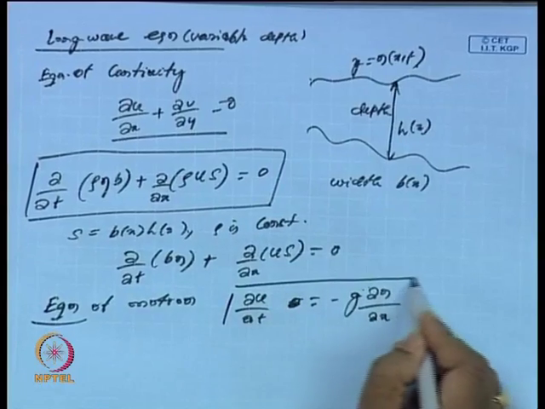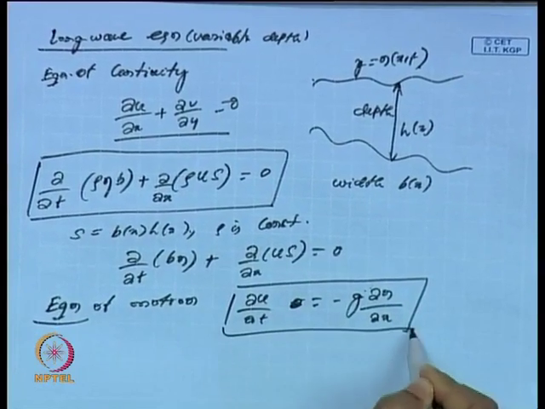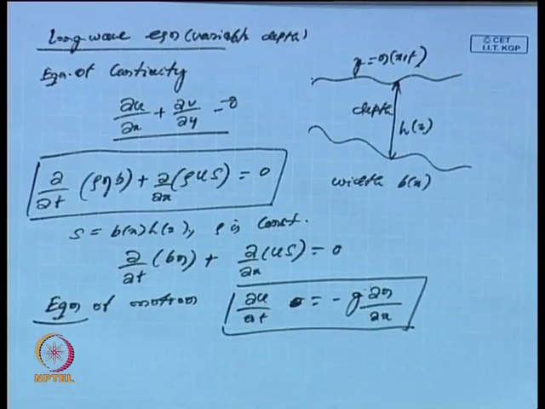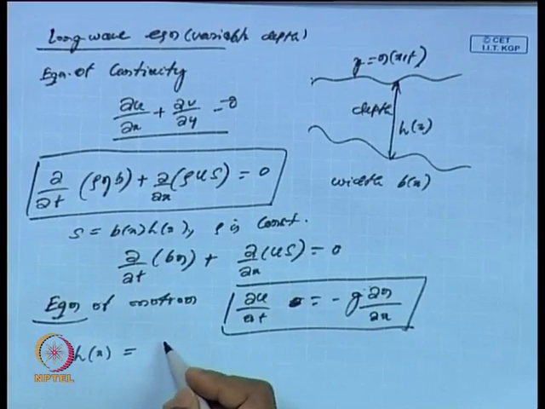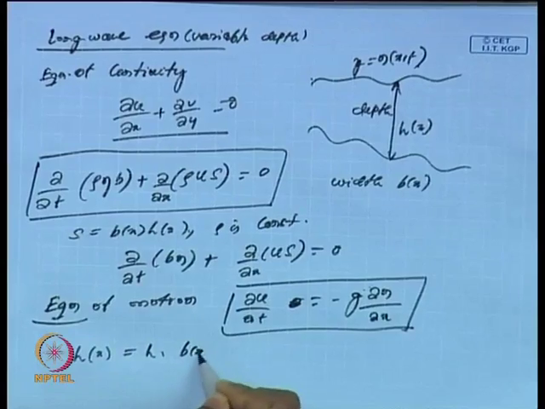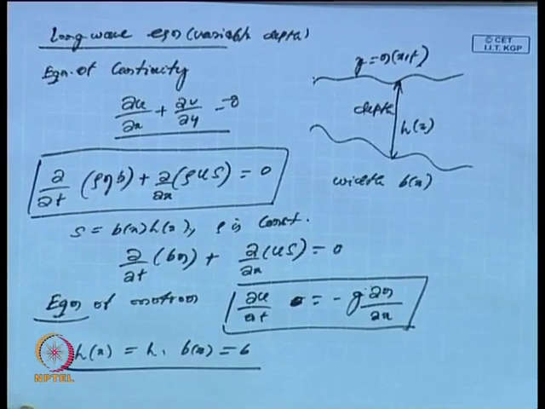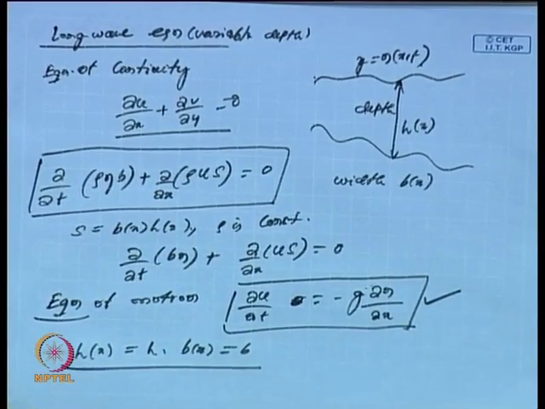This is the equation of motion in case of 1D, and if you combine this, then what will happen in this equation? S is h of x times b of x. So, if I say h of x is equal to h and b of x is equal to b, this is the most general case, then the equation of motion will remain the same, whereas the equation of continuity will reduce to